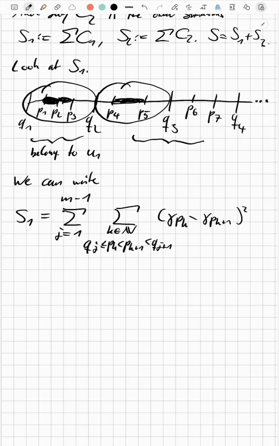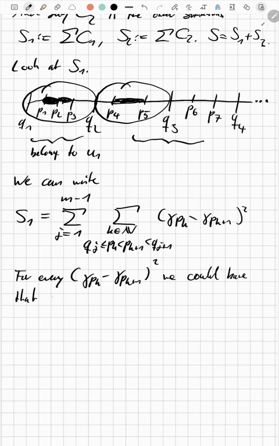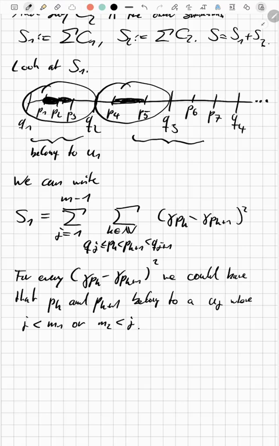Now another complication arises, because for every one of these summands, gamma pk minus gamma pk plus 1 squared, we could have that pk and pk plus 1 belong to a uj where j is less than m1, or maybe j is greater than m2. And in that case, the summand is 0,